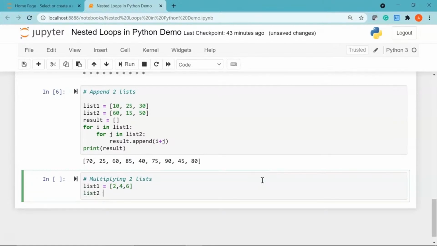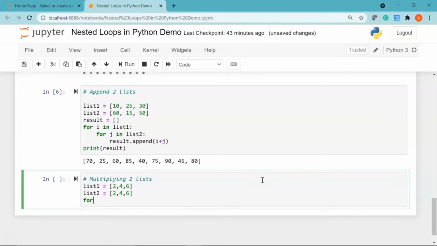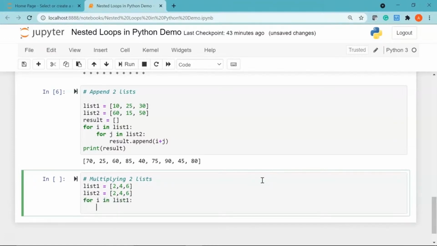Then I'll have my list2 with the same elements, 2, 4 and 6. Start my outer for loop, for i in list1. Then I'll say for j in list2,